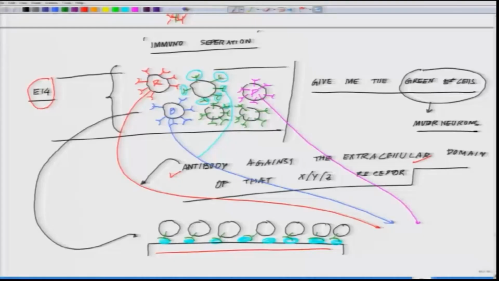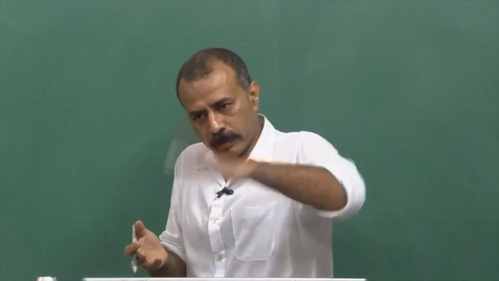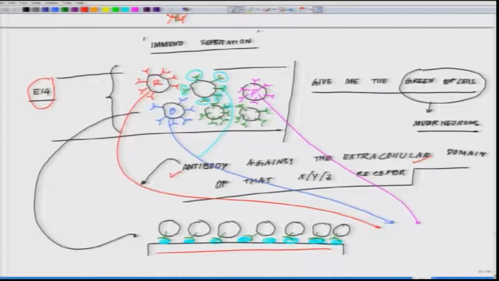And then you needed to have a competitive binding. You have to remove these cells. There are two ways you can remove them. You can tap the dish very hard. If you tap it, then this attachment is not very strong, and in order to achieve this, you need almost 30 minutes. You have to keep them on a dish. After 30 minutes, you can tap them, and these cells will detach. Or you can put some excess antibodies there, which will competitively bind to the receptors and will remove these cells,